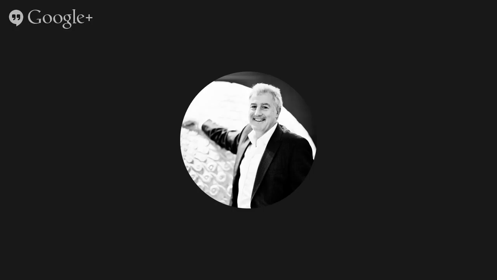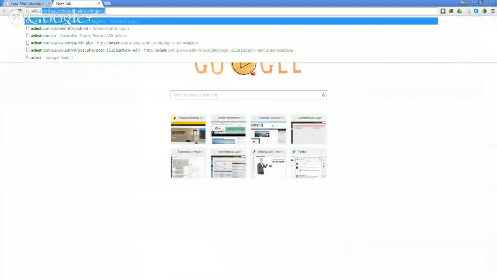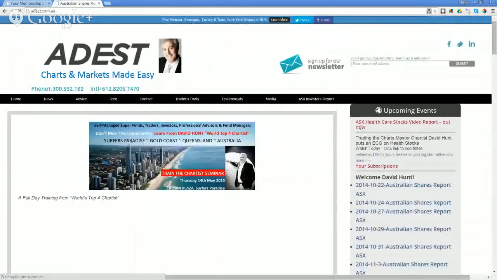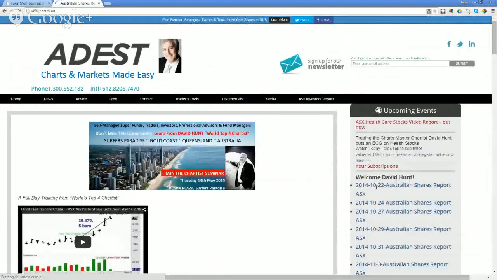So what might happen is you may be taken to a login page, and currently you can see I'm logged in as Testy. And what we can do now is go across to adest.com.au and pick up, in theory it should be seen as logged in. It says welcome David Hunt, test, and then all we need to do is to come down and check in